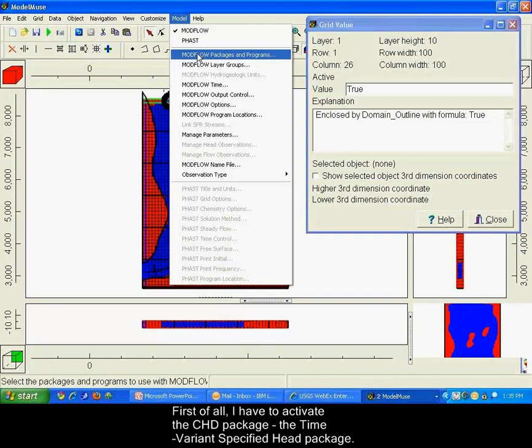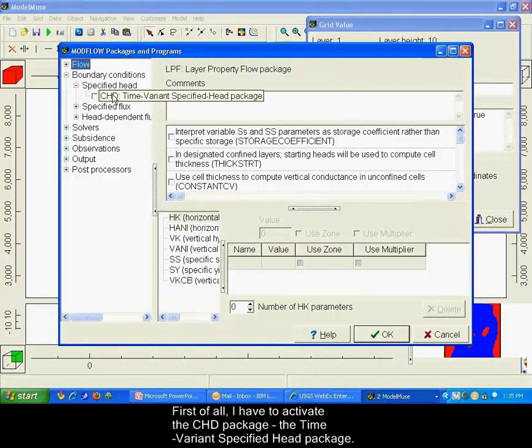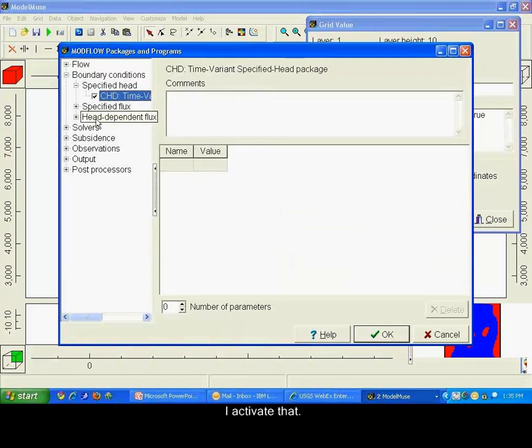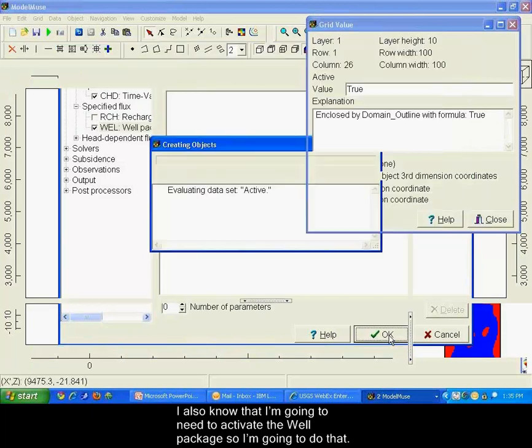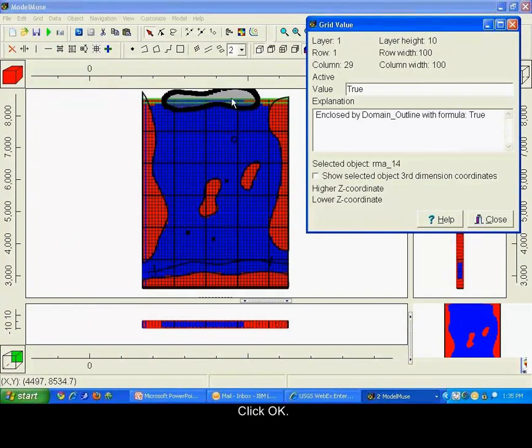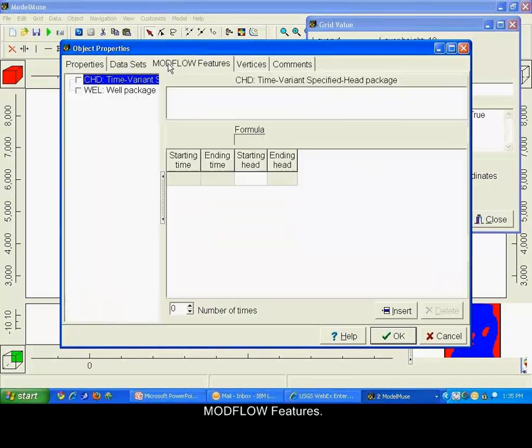First of all, I have to activate the CHD package, the time variant specified head package. So I activate that. I also know that I'm going to need to activate the well package, so I'll do that. Click OK. And now let's make this a specified head boundary. ModFlow, I'll set ModFlow features,